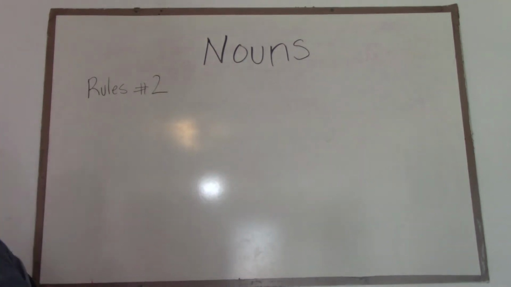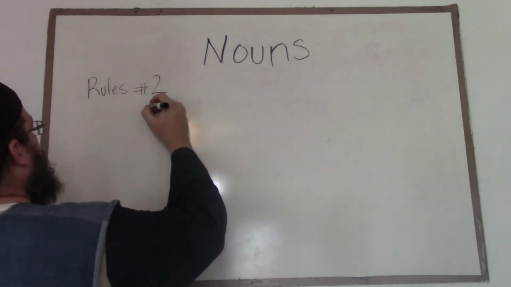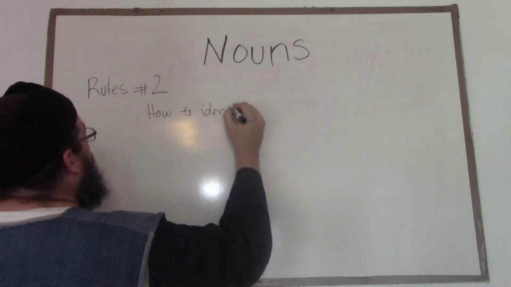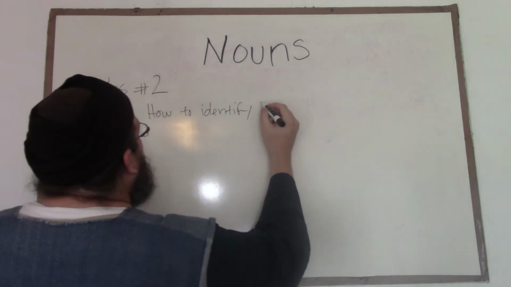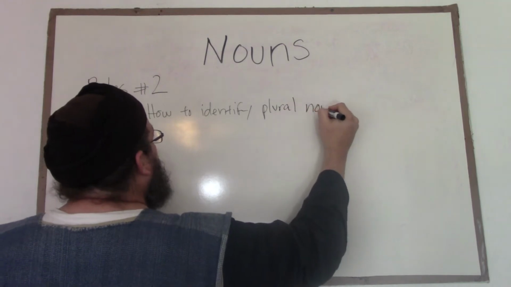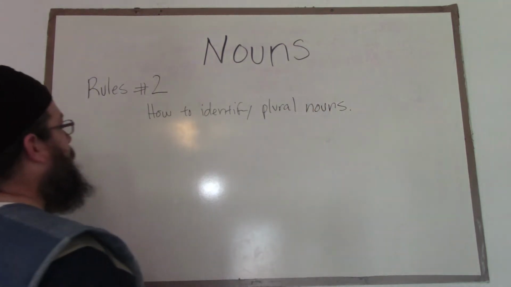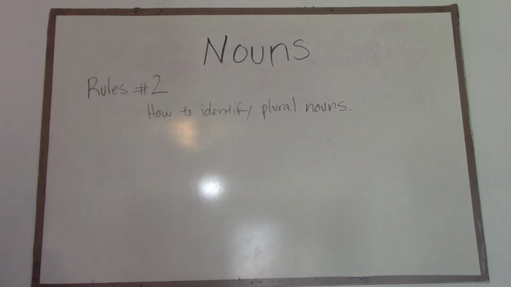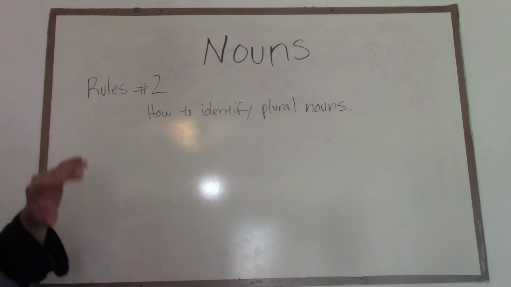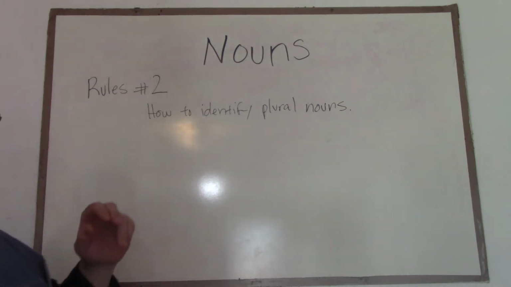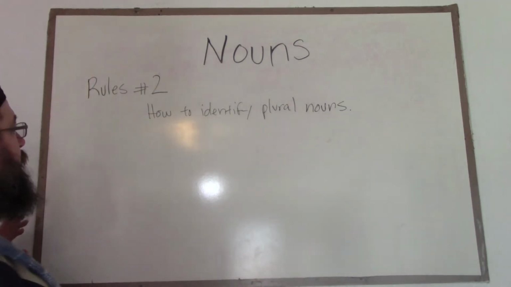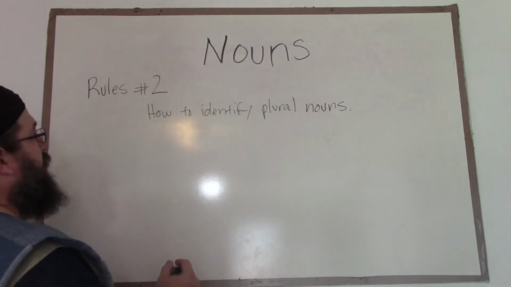Rule number 2 is going to teach us how to identify plural nouns. Okay? So number 2, how to identify plural nouns, right? We know that there's masculine. We know that there's feminine. Okay? So rule number 2 is going to teach us, when we get to this point, as we're working on